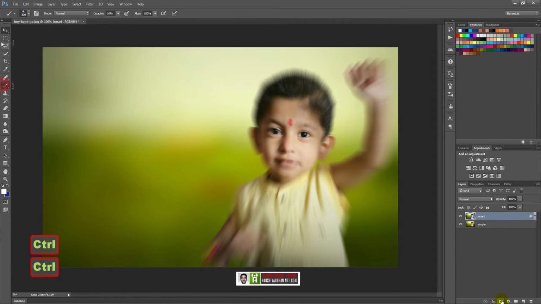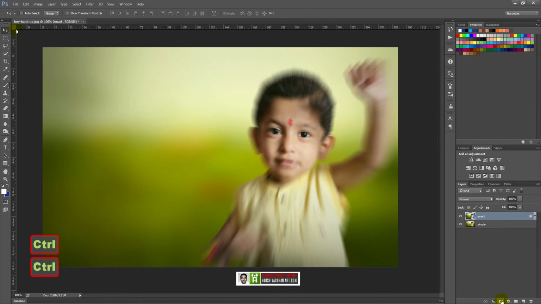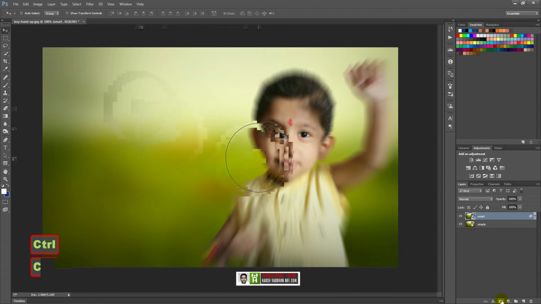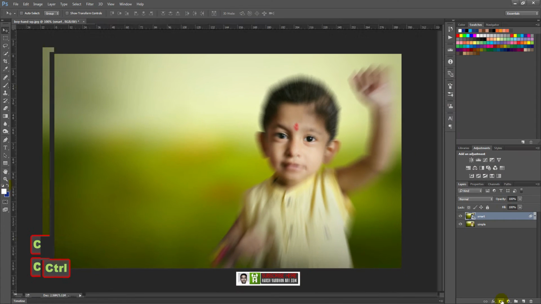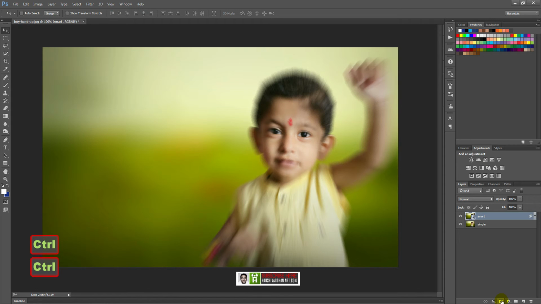Select the brush, choose the soft edge brush from here. You can increase or decrease the size by pressing left bracket or the right bracket to increase the size, and take the black color from here. If it is not black, just press D on your keyboard and it will turn into the default colors, and you can press X to flip it over from this to this, and take this black color and start painting over the,